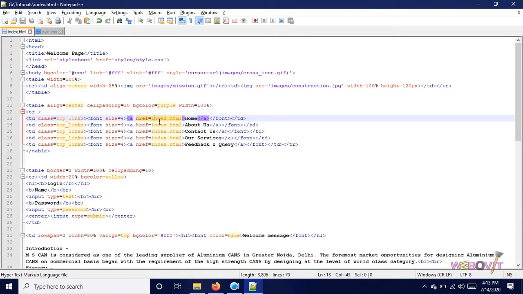Okay, so you will put some class for all the links, because all these links are performing in the same way. So we put all of them in one single class. A class could be similar for many elements, but the ID should be unique for each and every one. Now using this class we give all the styles inside our style sheet file. For that purpose we have given the link of that file in our head section.